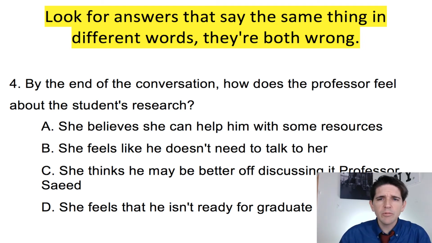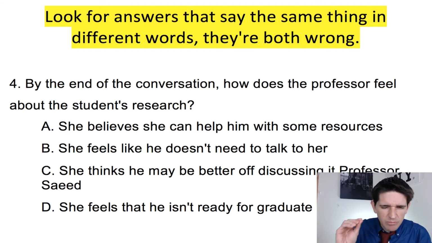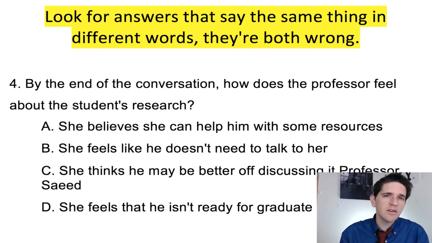Again, you want to be able to think like a kind of strategist. You want to be able to give yourself the best opportunity to get the correct answer, okay? So you want to be able to read these choices well, to understand, oh okay, these kind of say the same thing, so they're probably both wrong, all right?